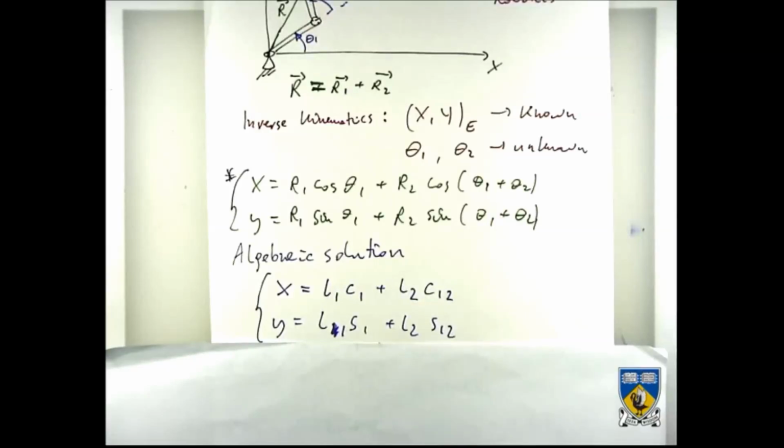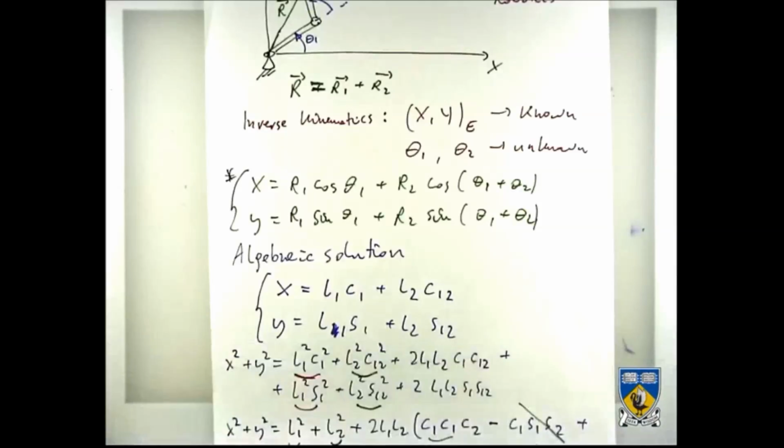So I'll just tell you the trick. The trick is, and you may recall that a similar trick we used already for a 4-bar, is to square the equations and add them together and hope for the best. Okay? So we are squaring equations and adding them together,